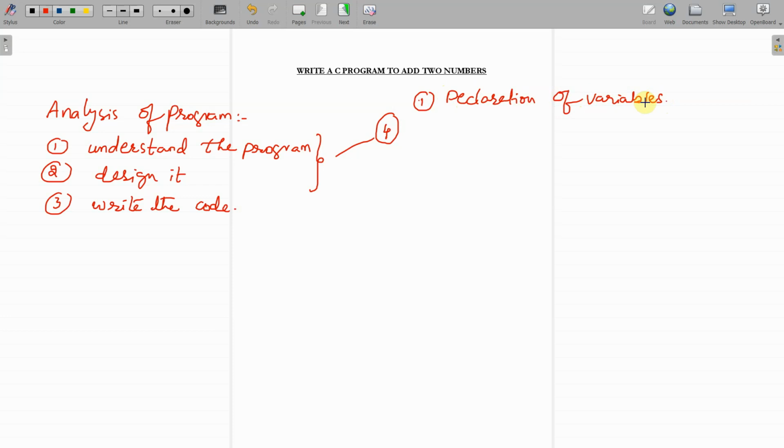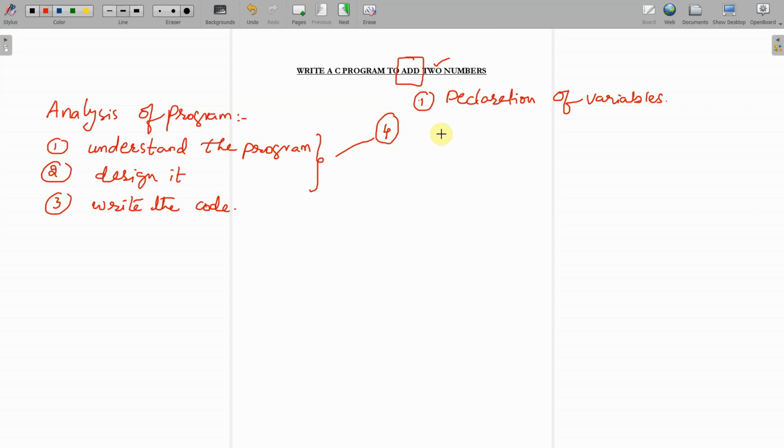First of all you have to identify the number of variables. If you do that, it makes it easier to understand and implement the code. For now in this program they have asked us to add two numbers, so I will tell you how to identify the number of variables.